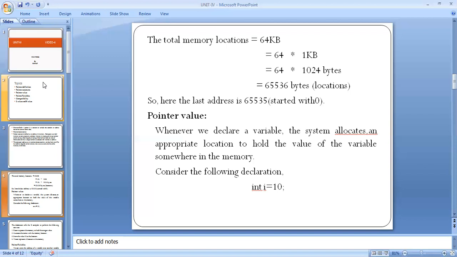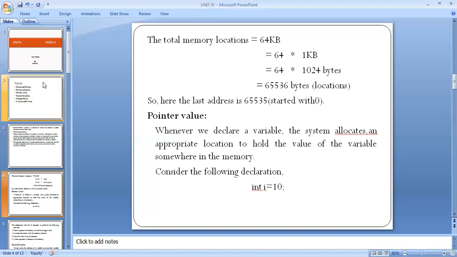It means that when we declare a variable using a data type, say data type int and variable name i, and initialize the variable using the assignment operator, represented as equal to, the system allocates an appropriate location in memory to hold the value.